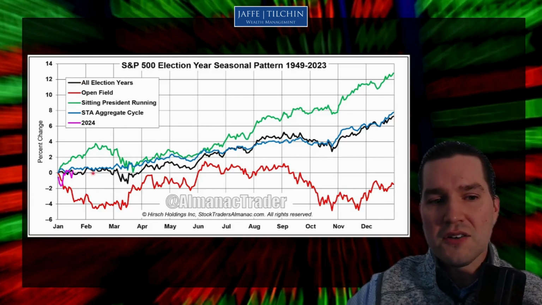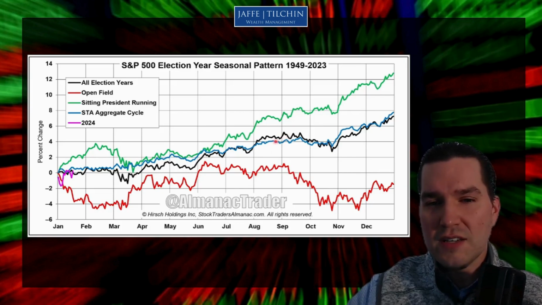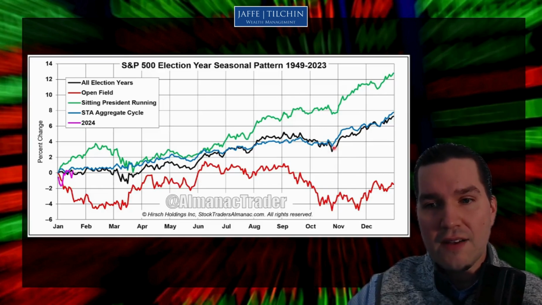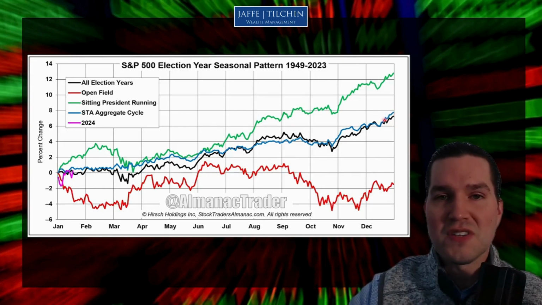If we look at all years, this black line here, we notice in the early part of the year, we have a little bit of weakness, if not a little bit of downward bias towards the market. Sometime in March and April, we get a little bit of a lift, but it's pretty weak, right? By the time we get into September, October, and November, we're only up 2-3% for the year. So it's a pretty poor year. Then we have the election, and then there's a lift that puts us into what's more normal returns for the market, 6, 7, 8, 9%.